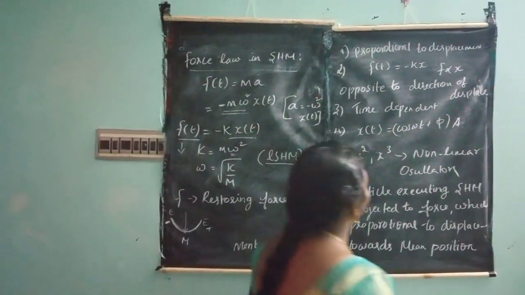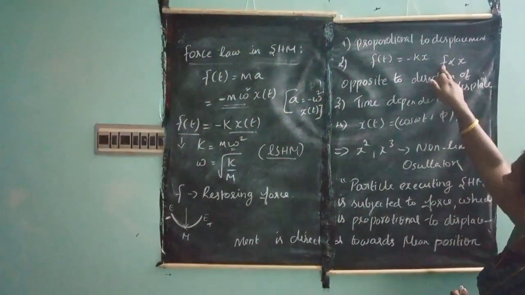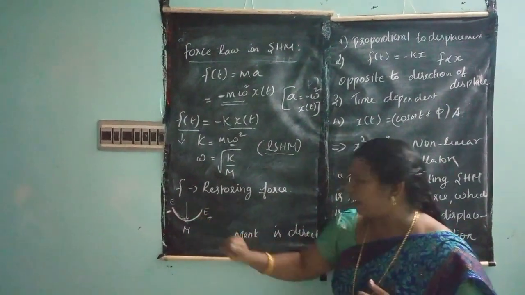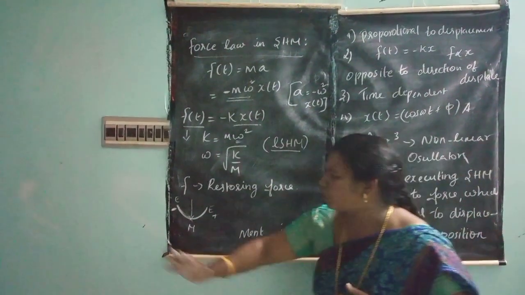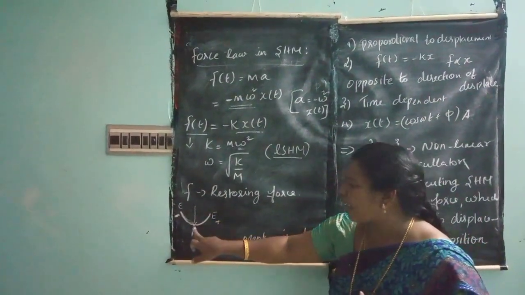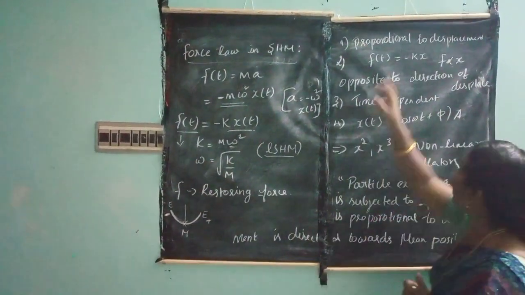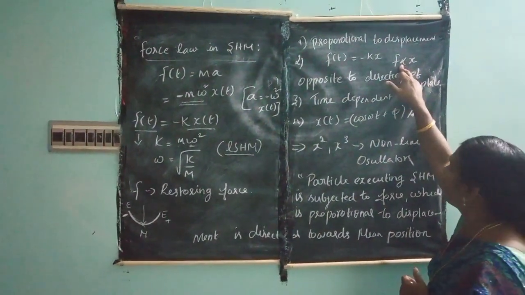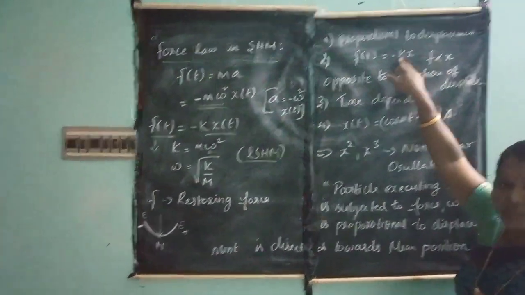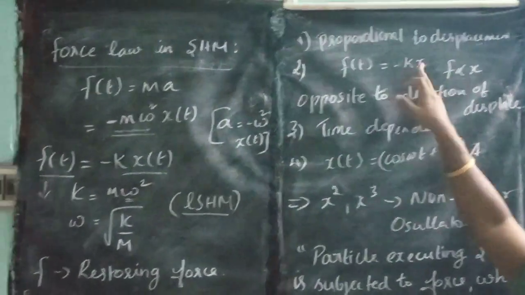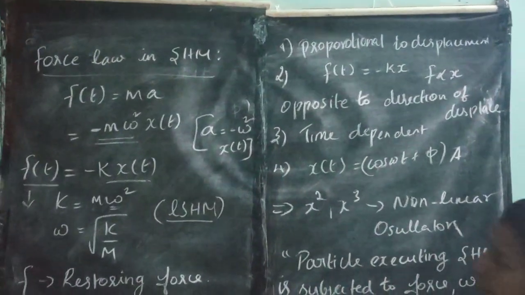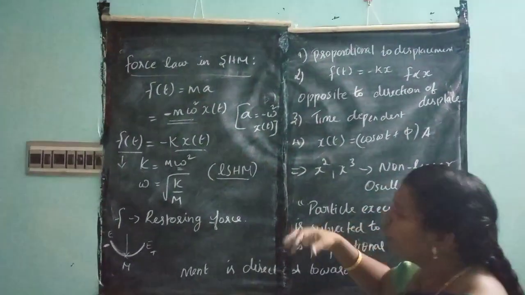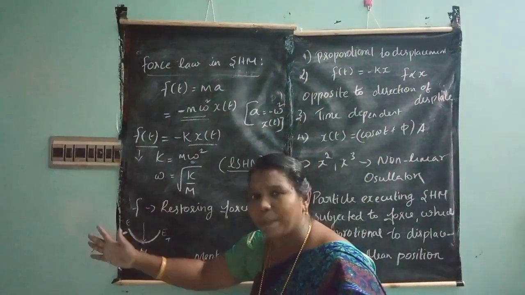So that I am writing here, f is directly proportional to x. Is it right? Yes. When I disturb the object, it goes in displacement to and fro, so the force is directly proportional to displacement. In order to remove the proportionality, I introduce one constant term, k, with a minus sign. I take minus k because the extreme position goes in the negative direction, and when you apply force, the displacement happens in the opposite direction.